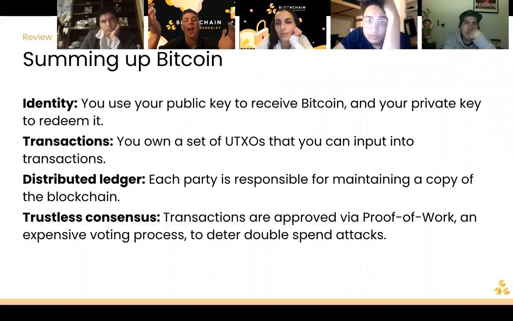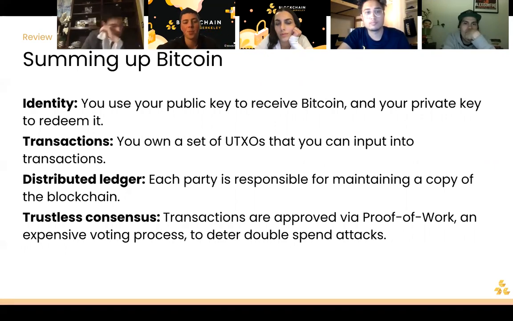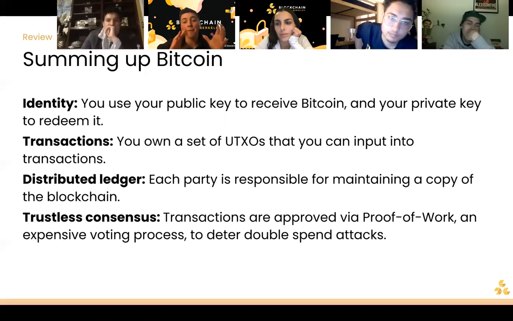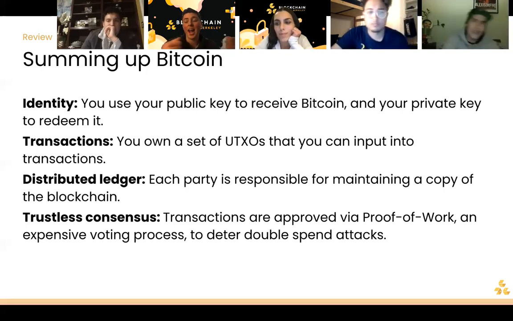Our transactions are approved via proof of work, which is our blindly-throwing-darts mechanism, and then we have our voting process. These are all ways to ensure that people don't come in and try to attack the network and game the system. They are all ways that Bitcoin, while being fully online, can maintain stability, interact very similarly to an actual fiat currency, and hold its value.